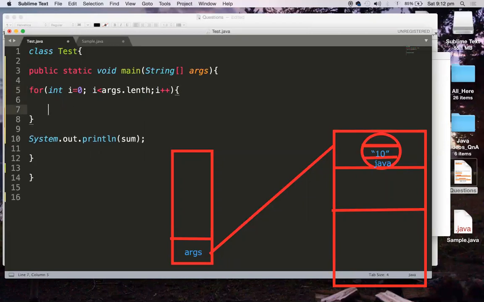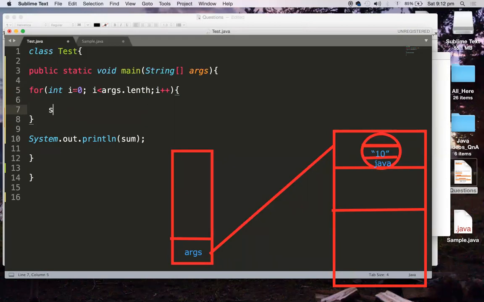Here what I'm doing is, because I want to find the sum of some n number of marks, all those marks are actually integers, but when they reside in this args array, they are strings. So I have to make the conversion.